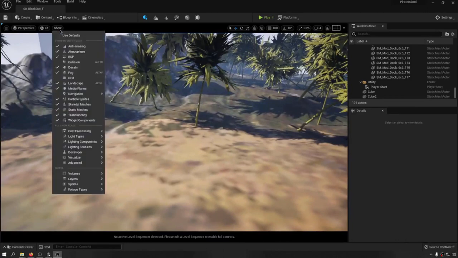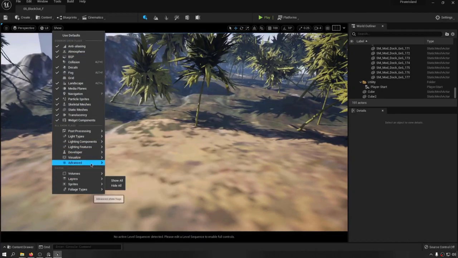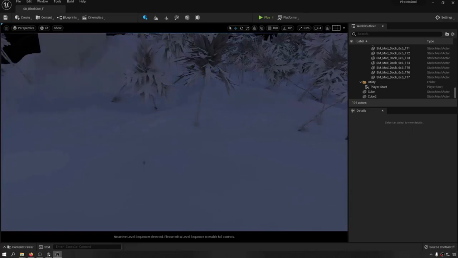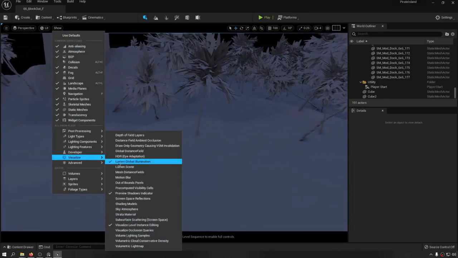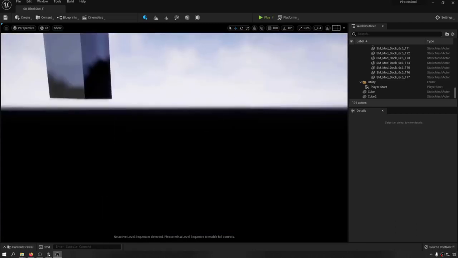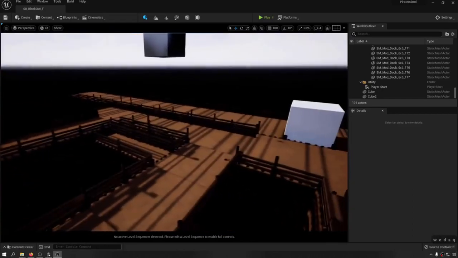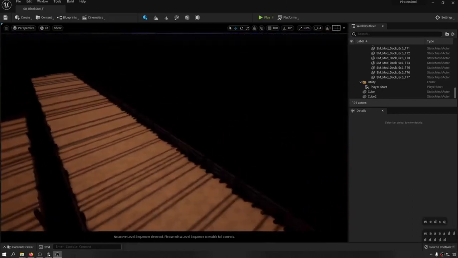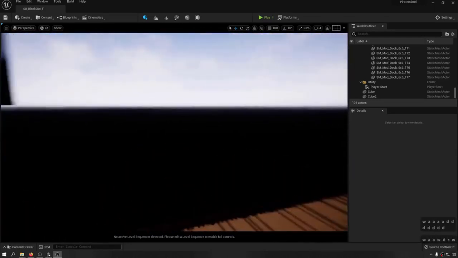So if we want to see that, let's go to show, visualize, and in here we want to see the Lumen global illumination. Now, not this one, it's Lumen scene. And this is what Lumen looks at when it tries to light the scene. It's going to pick from these colors and inject them back into the scene. And you see these colors are here perfectly, and this is here as well, but the landscape isn't picked up